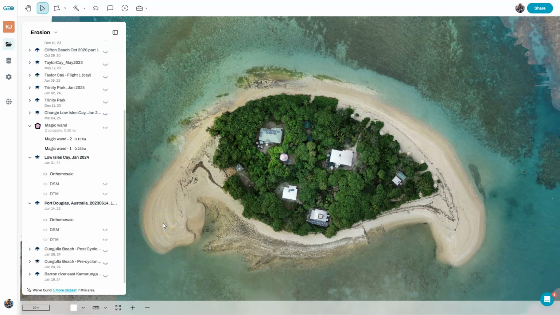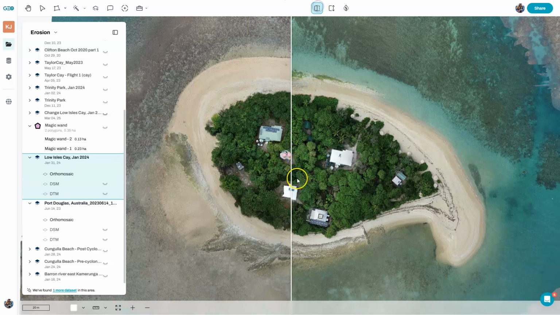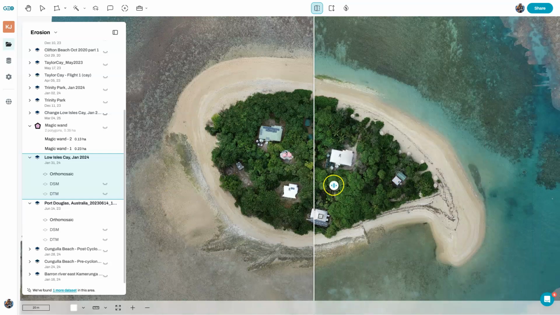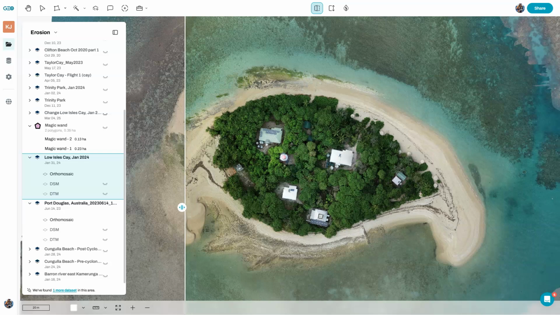If you want to quantify the difference between two beaches by looking at volumetric changes, that's pretty easy to do. So let's have a look at these two data sets here and swipe the difference between the two. You should be able to see there's quite a significant difference between the amount of sand at different places